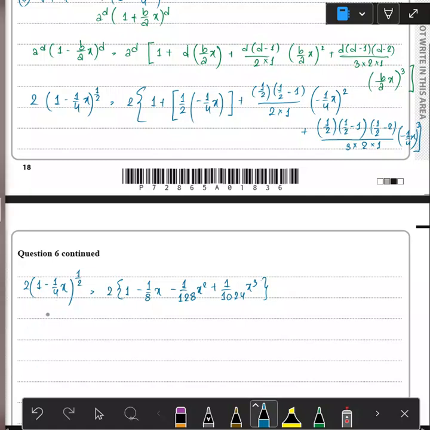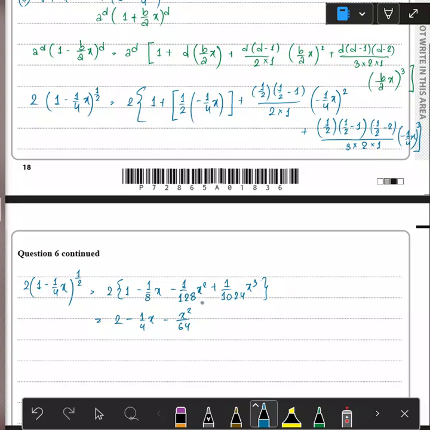So then if you just multiply this right now, 2 multiplied by 1 is just 2, and negative 2 multiplied by negative 1 by 8 is negative 1 by 4x. 2 multiplied by negative 1 by 128x squared is negative x squared by 64. And 2 multiplied by positive 1 by 1024 x cube is negative,